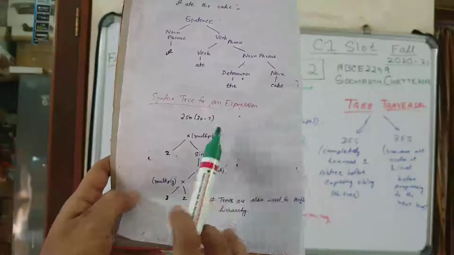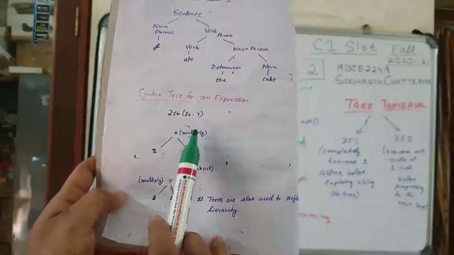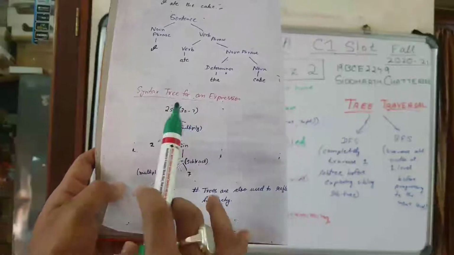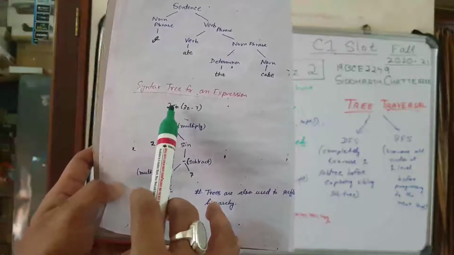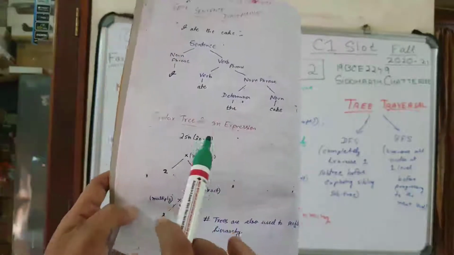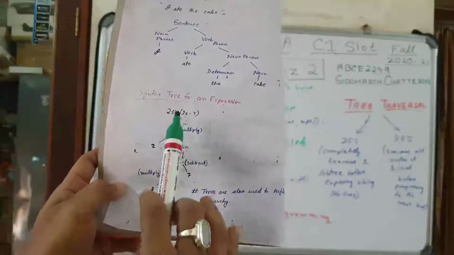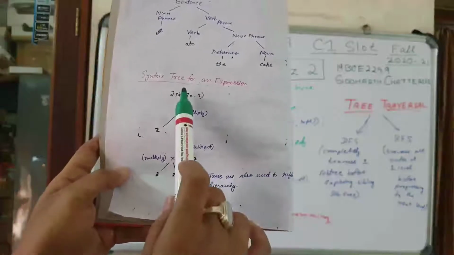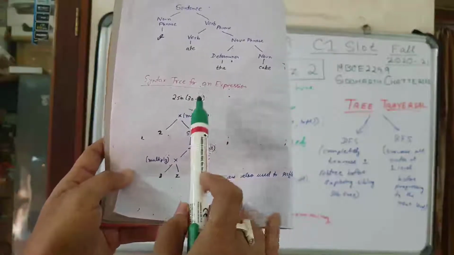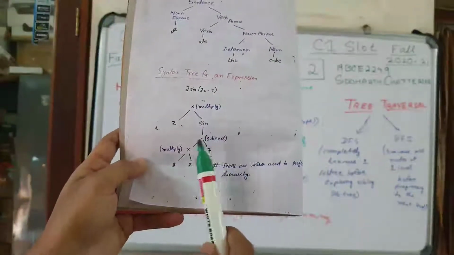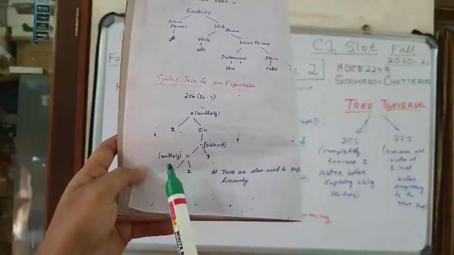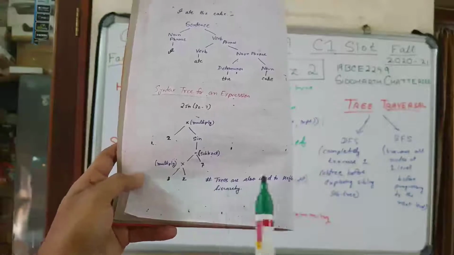Another different way of an expression is 2 sine 3z minus 7. Here we first see that multiplication is important, because we see 2 first, so we divide it into 2 and sine of some angle. But sine also has something else: 3z minus 7. First we see that the subtraction comes, then we go into the multiplication of 3 and z. So 2 into sine of 3z minus 7. This is how we do it.